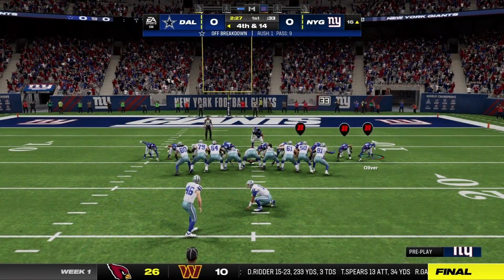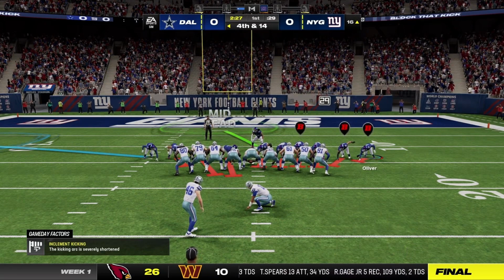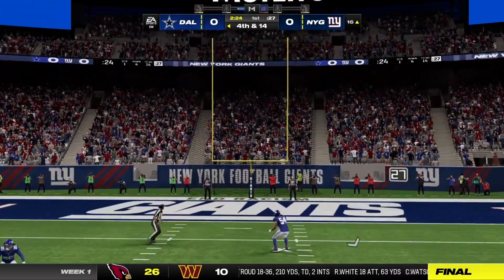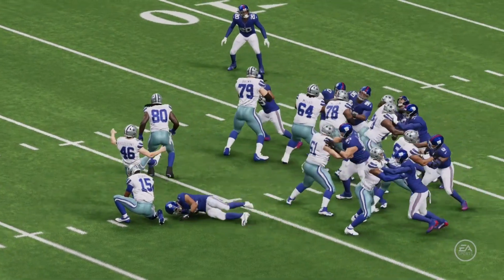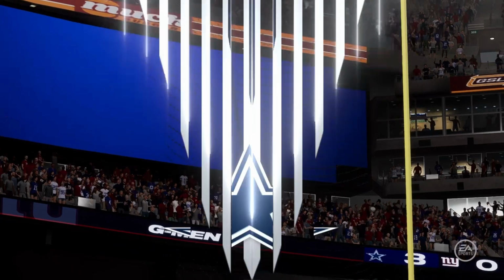So now on 4th down, Mike McCarthy will turn to his field goal unit. From the right hash, this from 33. And his kick here is good. And the Cowboys are going to jump out to a 3-0 lead. So the opening drive stalls out, but the field goal does get...